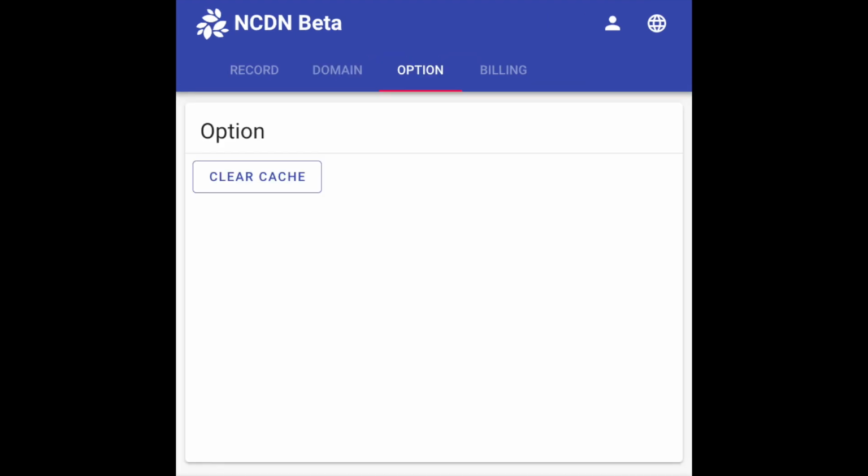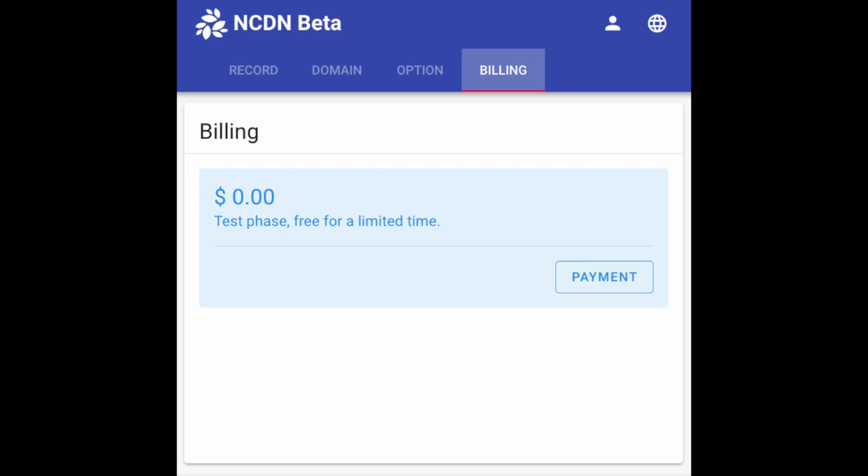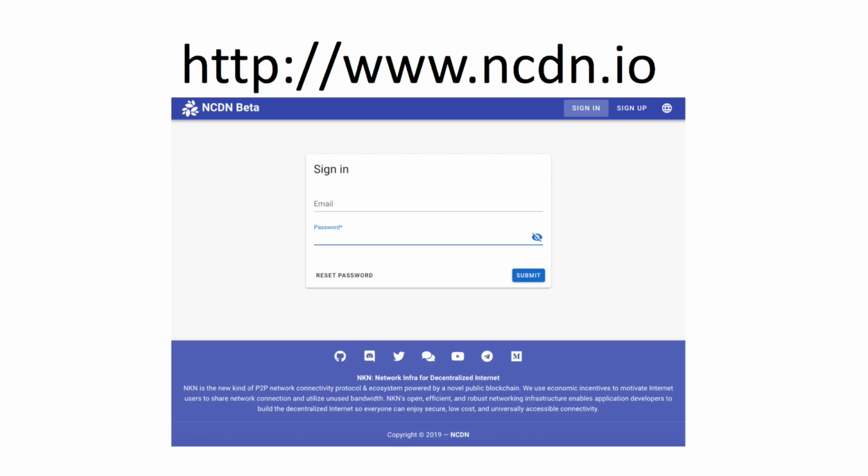The nCDN web portal also provides a way to immediately purge existing cache from the Options tab. This can be useful when you just did an update on your website and you would like the changes to take effect immediately for a global audience. And since we are offering nCDN for free during our initial launch, there is no need to enter any payment information. We have now shown you how to configure and validate your domain to use NKN's nCDN Web Acceleration and